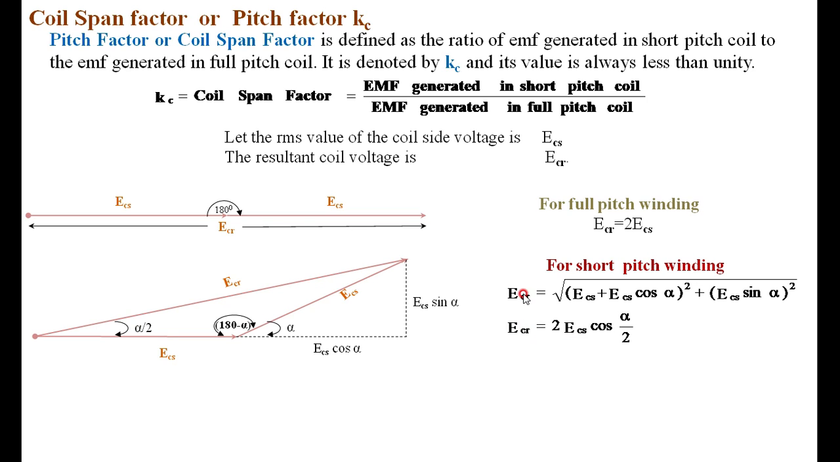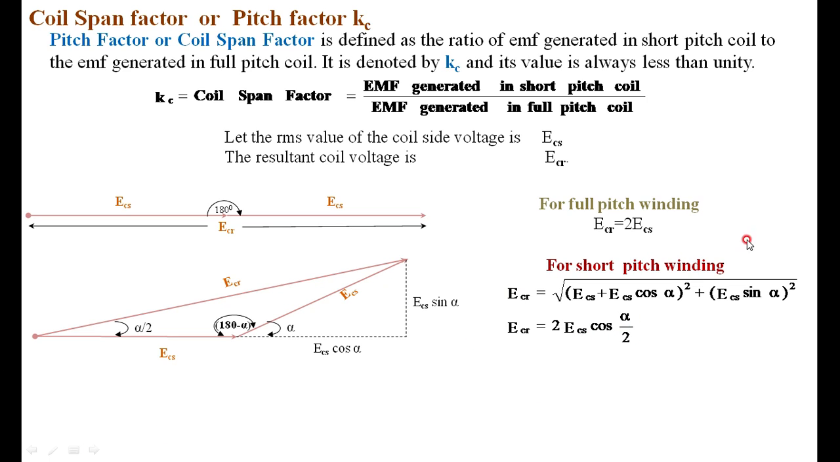That same thing I am writing here. That is E_CR is equal to under square root of (E_CS plus E_CS cos alpha) whole square, that is x square, and y square is (E_CS sin alpha) square. Then you have to square it, simplify it, and what we are getting is 2 times E_CS cos alpha by